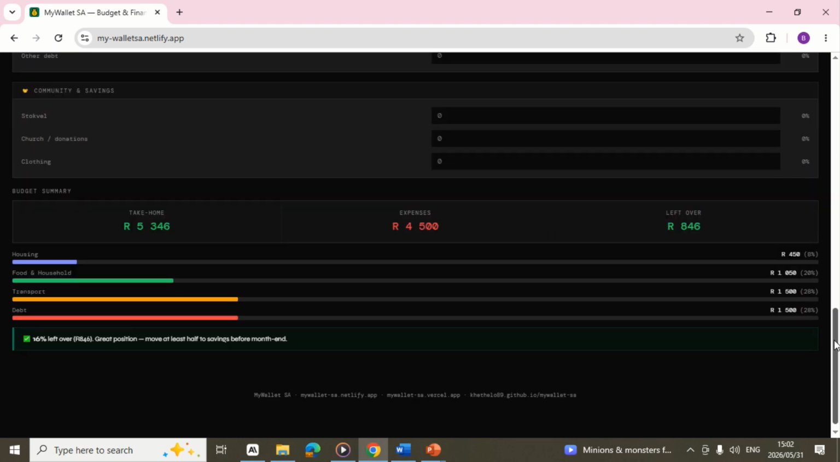So as you can see at the end of the app, we have our salary, that's our take home. So I'm spending 4,500 rand on expenses only, and as you can see on the third column I have my leftover, and that's 846 rand. So basically this is how I go about my monthly basis during the year when I'm working, trying to figure out how to make a living in my life. And then at the end, the app just